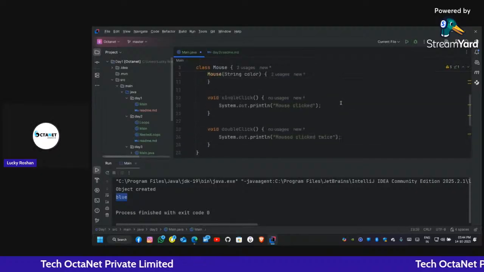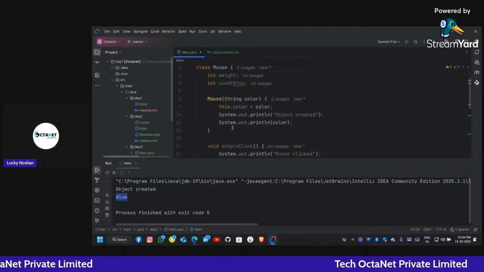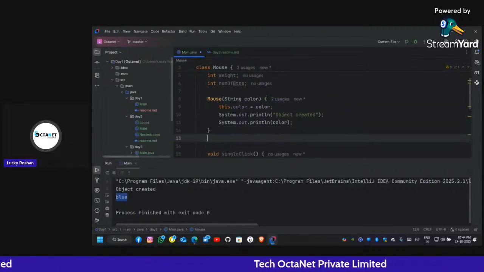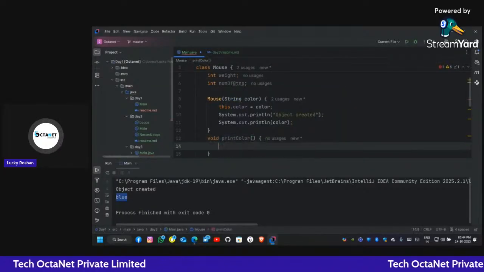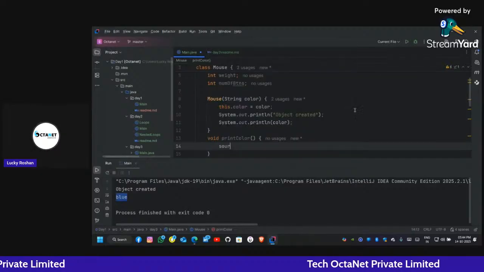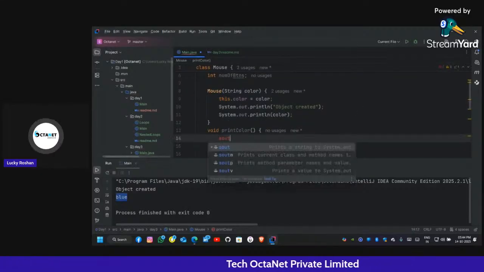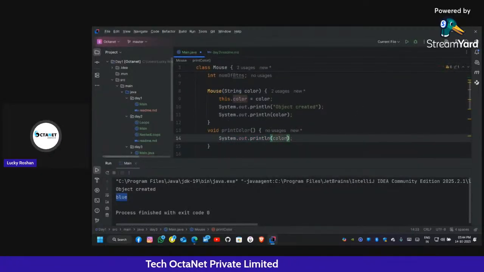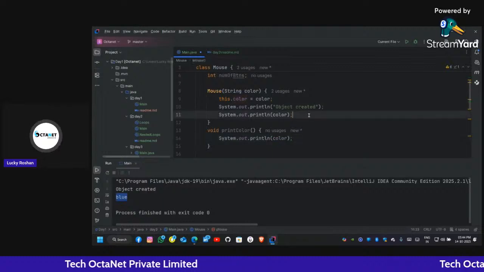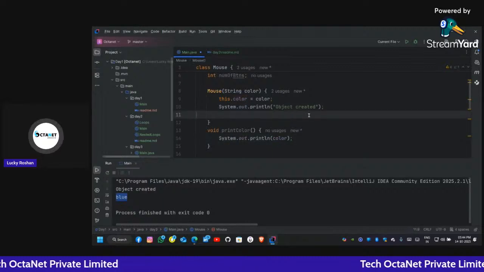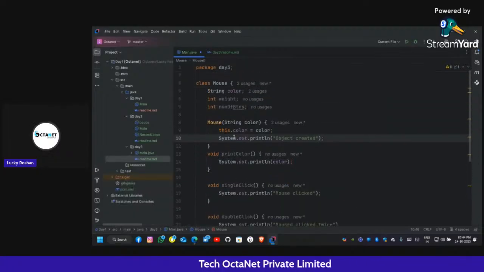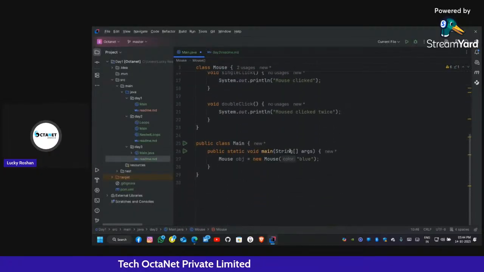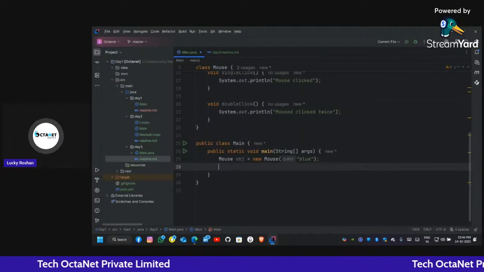Let me create another method, void printColor. It should print the color, System.out.println(color). So instead of writing it here, let me just create another function. Now how do we access other functions and variables? We can do it with the help of obj.